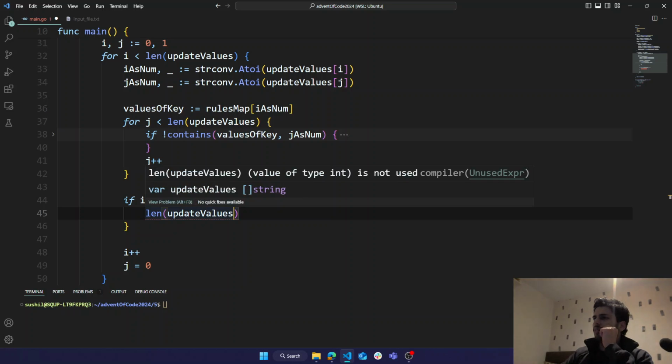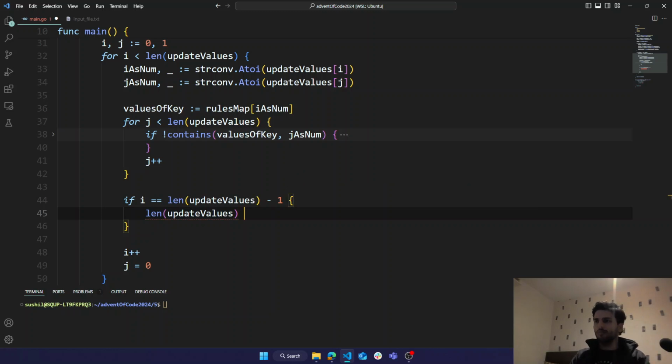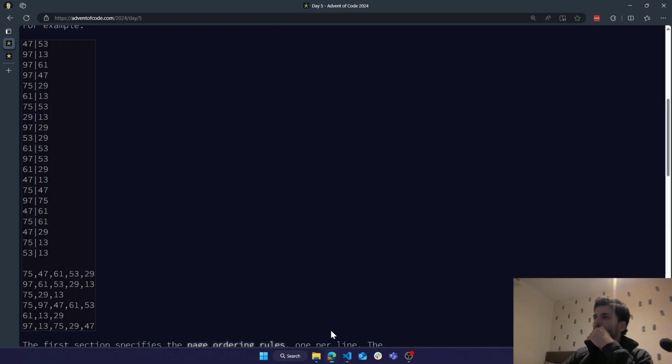Values type string, value of type integer. Okay, so it's because of that. So if it is even, what was the case? If it was even,